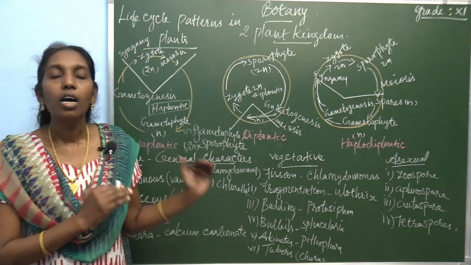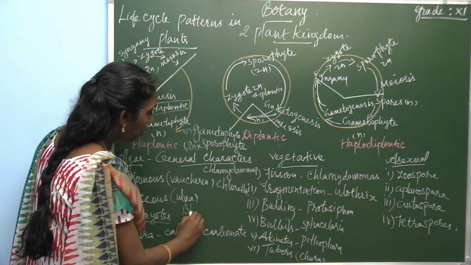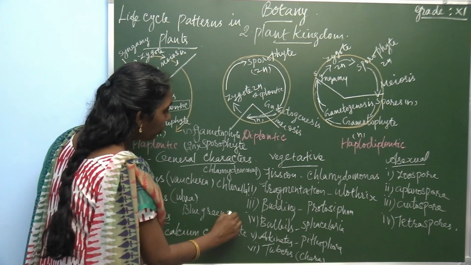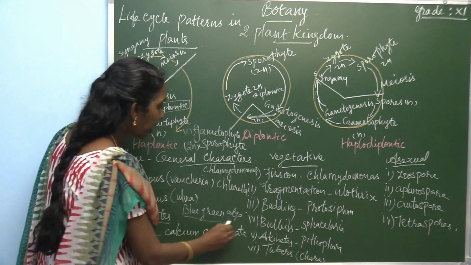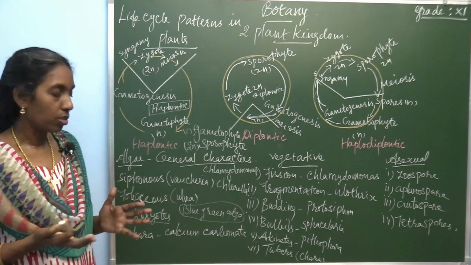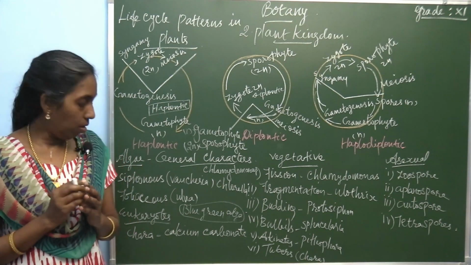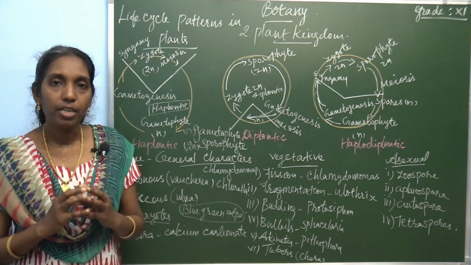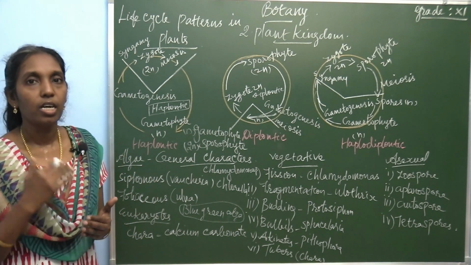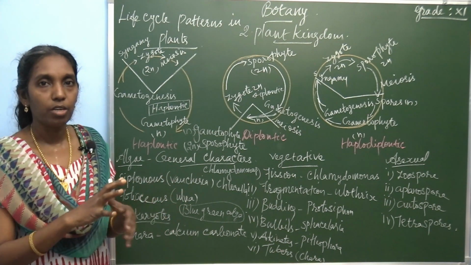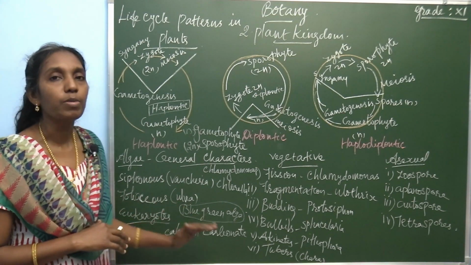Second one, the alga is eukaryotic except blue-green alga. There is a group of alga, blue-green alga. So, except this blue-green alga, all the other types are eukaryotes. So, the eukaryotic cell possesses a well-defined nucleus surrounded by cell organelles like chloroplast, mitochondria, Golgi bodies, endoplasmic reticulum, all these cell organelles are present. And the cell wall is made up of cellulose and hemicellulose.